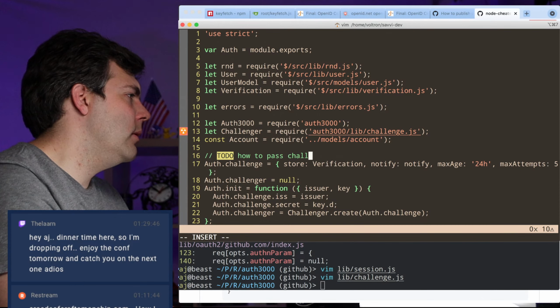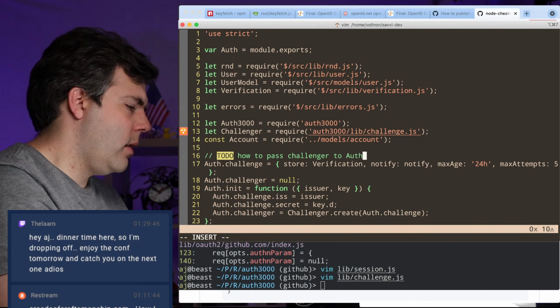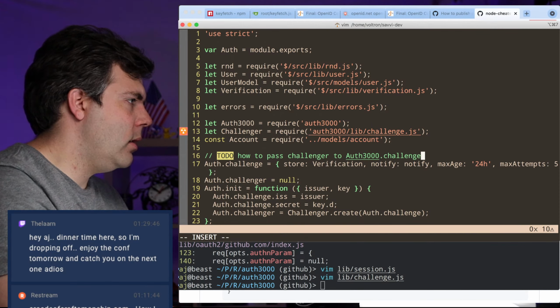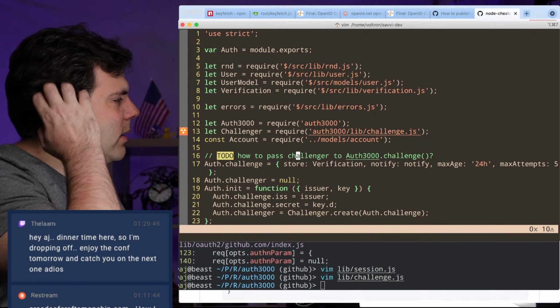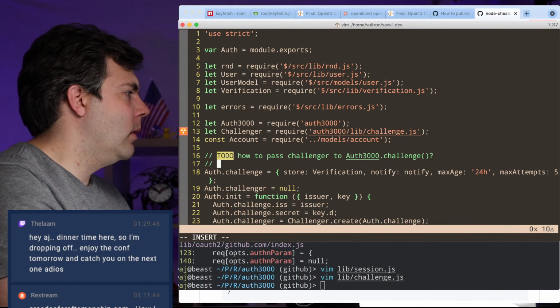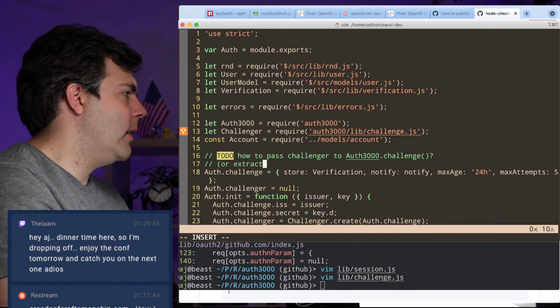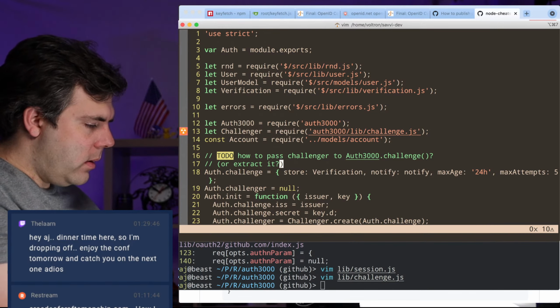How to pass challenger to 3000.challenge. Because I shouldn't... So the reason that I want to make this ahead of time or extract it. So I want to get access to this challenger object somehow.